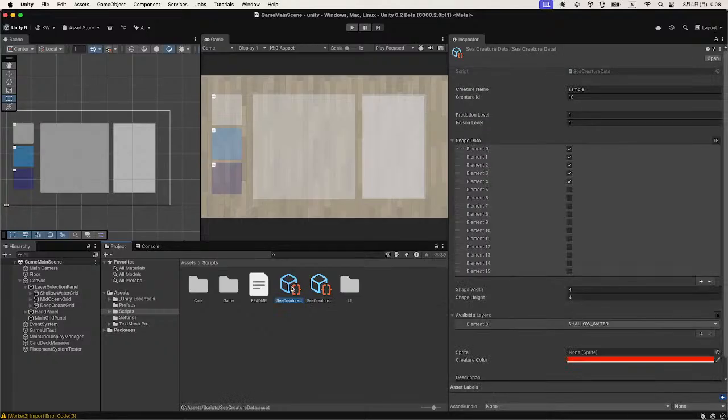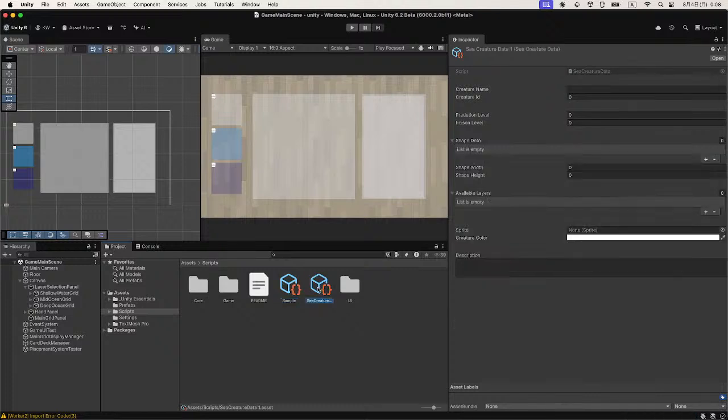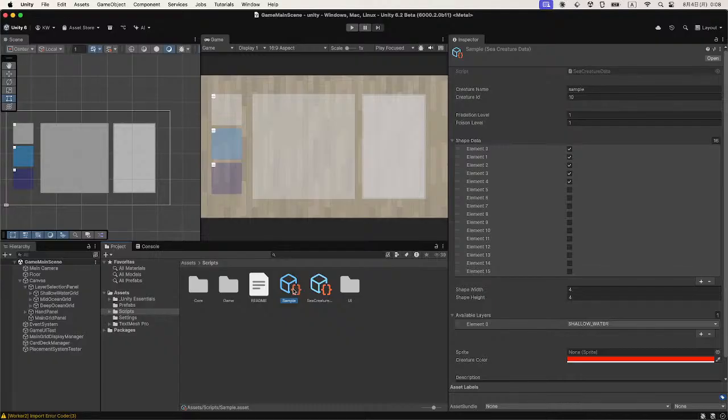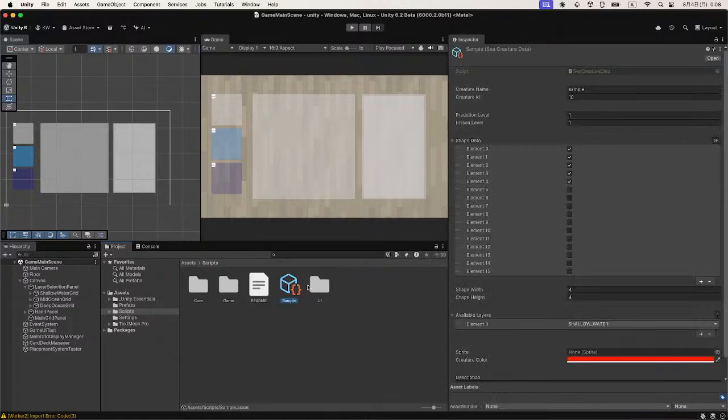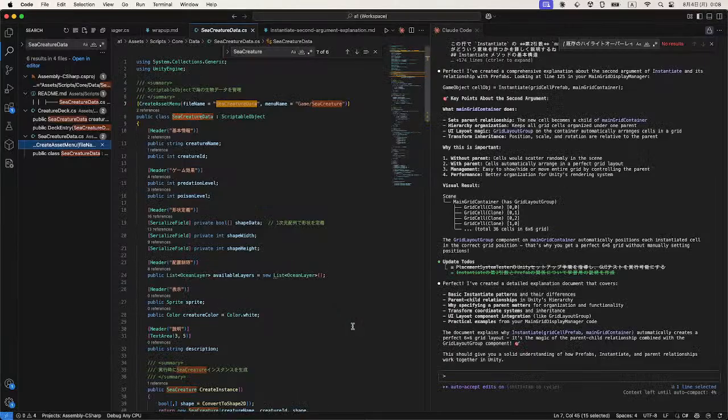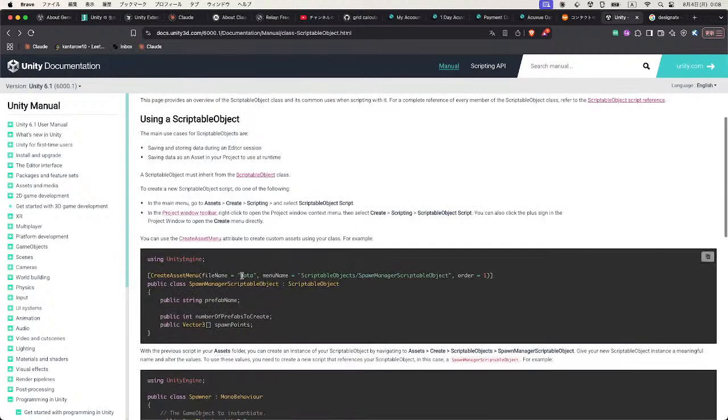Oh, okay, I see. But it is good. The asset is created in the script directory. But okay, I could create a sample sea creature like this. Okay, and